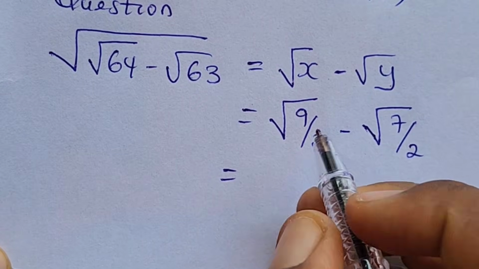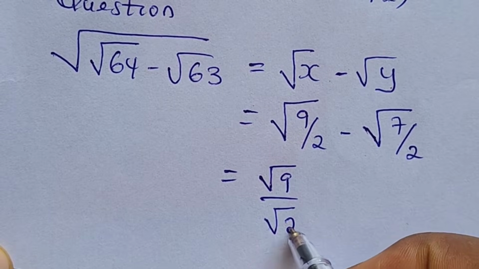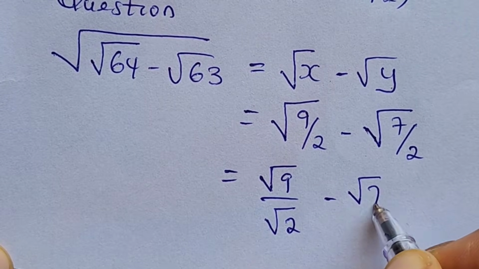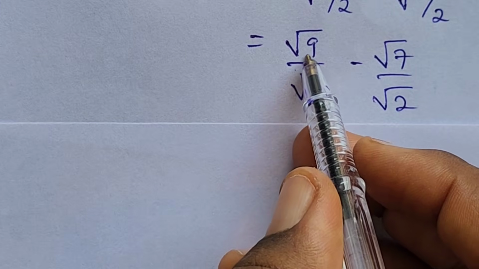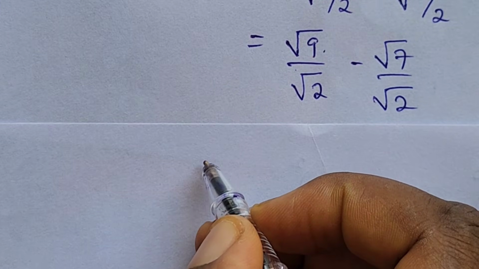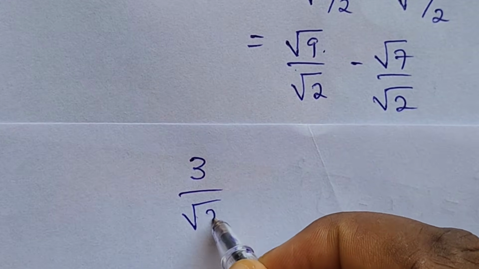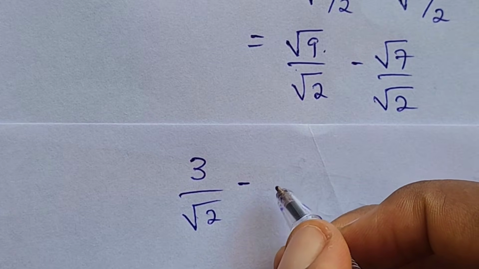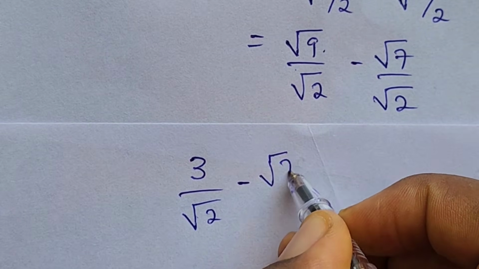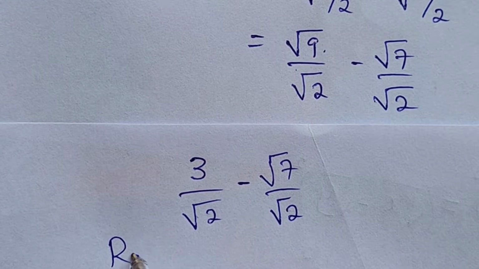So resolving this, we have root 9 over root 2 minus root 7 over root 2. So we have root 9 to be equal to 3 over root 2 minus, we have root 7 over root 2. So when we rationalize,